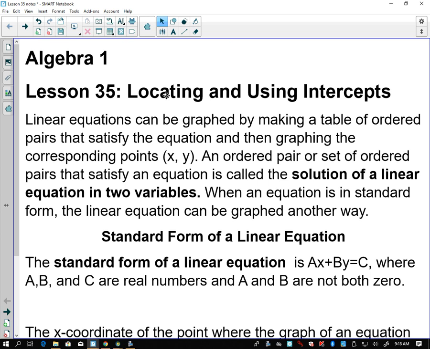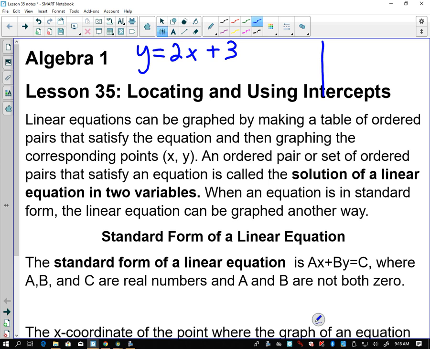Today we're going to be talking about linear equations, lines on a graph. Linear equations can be graphed if we make a table of ordered pairs that satisfy the equation. If I take a simple linear equation like y equals 2x plus 3, I could make a table of values for x and y, say 1, 2, 3. 2 times 1 is 2, 2 plus 3 is 5, so I would plot the position 1, 5. For 2, I'd get 2 times 2 is 4, 4 plus 3 is 7,